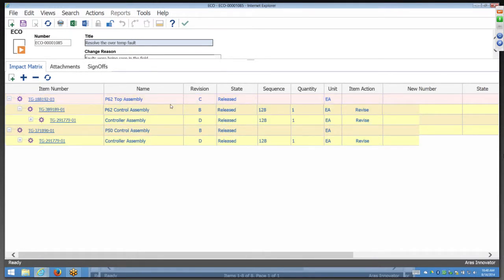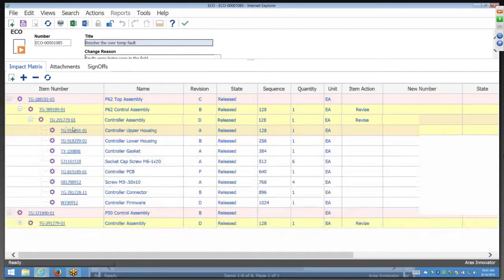So the impact matrix is a very interactive user interface. It's custom built to be able to quickly and easily find all the impacts that a change might have. So go ahead and expand out the controller assembly, and we can mark a couple of other items here as